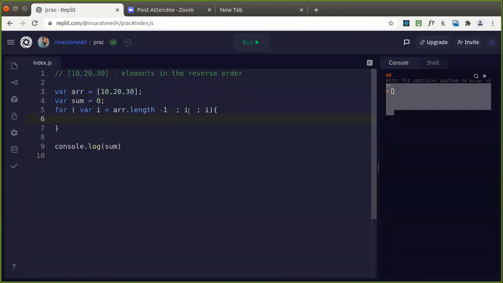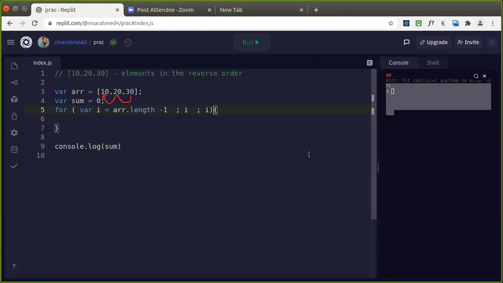So what should be the condition where that loop should terminate? So we should come up to what? One by one we have to traverse and come in the reverse order. The index of this one is 2. Next one is 1. Next one is 0. We should stop at the index where we are having 0. Isn't it? And every time we should decrease. In every iteration we should decrease.